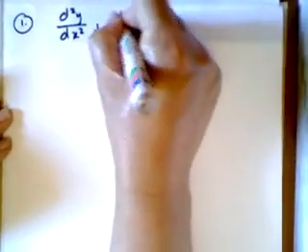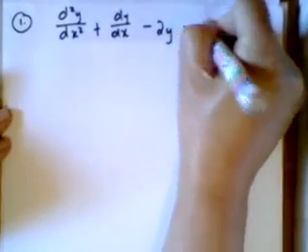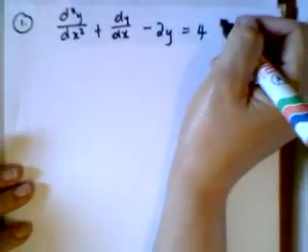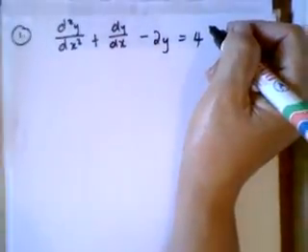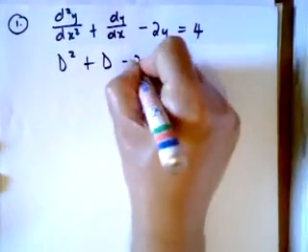The first example we're going to look at is d²y/dx² plus dy/dx minus 2y equals to 4. If we change that into the operator notation, then it's going to look like (D² + D − 2)y